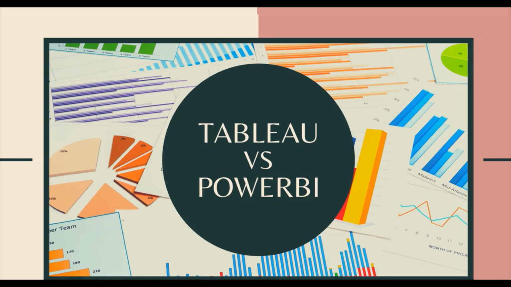Welcome to another episode of Tableau versus Power BI, and in today's episode we are trying to create an axis slicer. Now what is this axis slicer? Let's say I am looking at a bar visual and my axis is brand. I want to change it to category. Then maybe I want to change it to item or something else. This is what I want. So for that I need an option to change that.